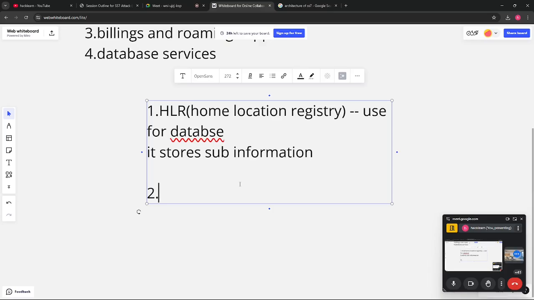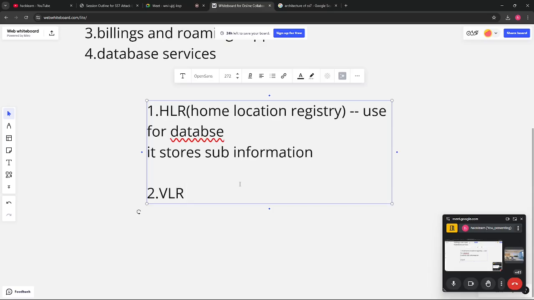After that we have the VLR. I think everyone understood what VLR stands for: Visitor Location Register. It is a temporary database that stores information about the subscriber's current roaming address, the specific geolocation of a subscriber right now, and it works very closely with the HLR, providing real-time updates on where the subscriber is moving.